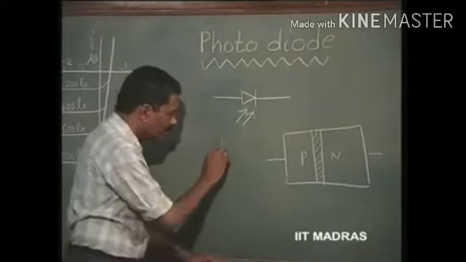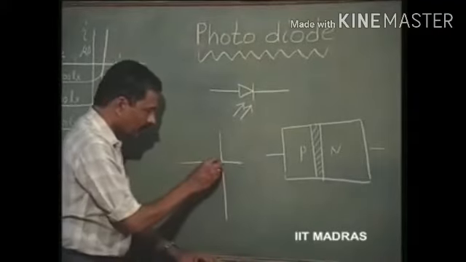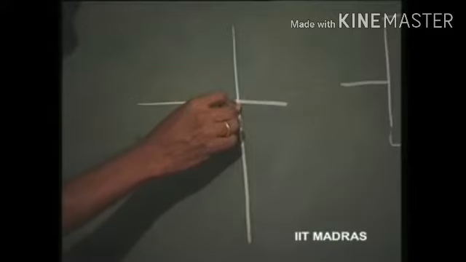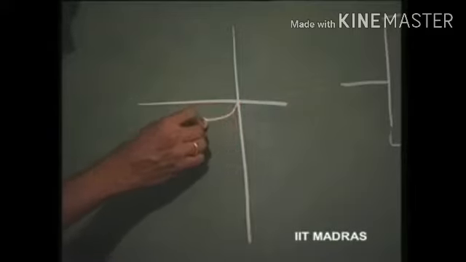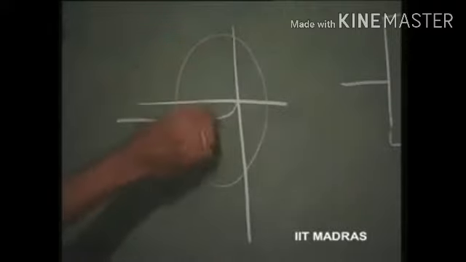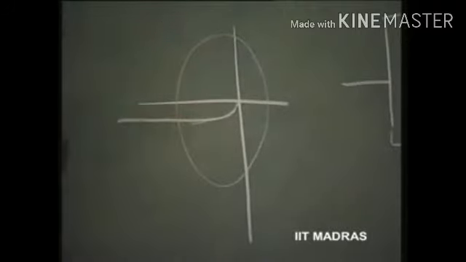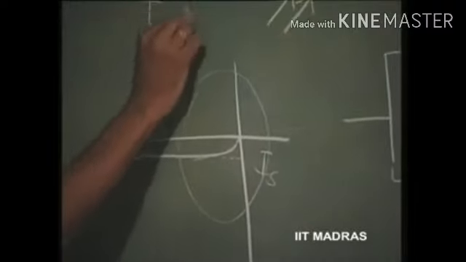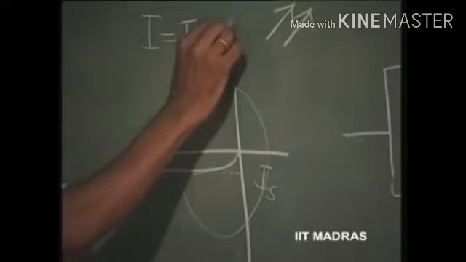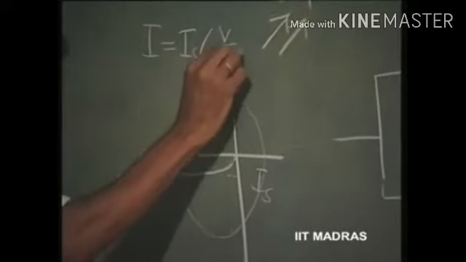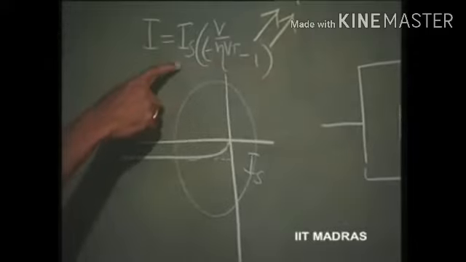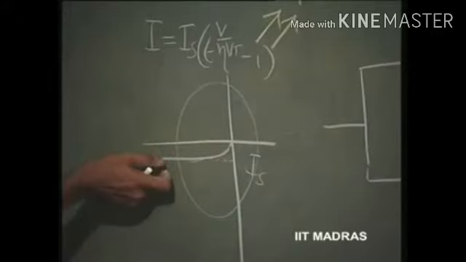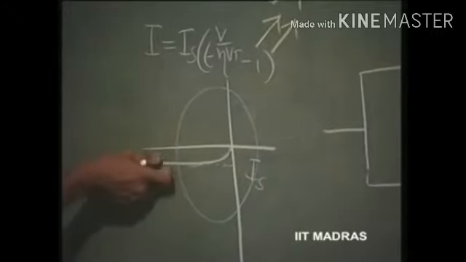So, for a conventional diode, we know that this current in the reverse bias is 0 for 0 bias and gradually increases and reaches a saturation. If you magnify this several times, this is the way it will get saturated at Is. I diode is equal to Is exponent V by eta Vt. This is the usual expression that we have been using. This is the reverse saturation current. So, it reaches saturation. This is of the order of maybe picoamperes or even less for the silicon diode.